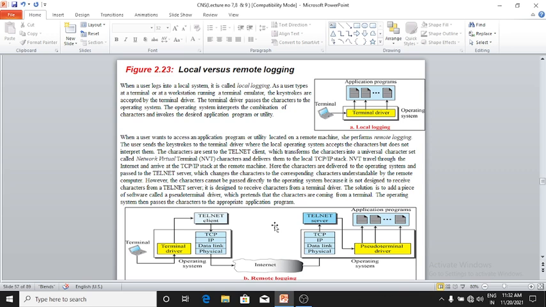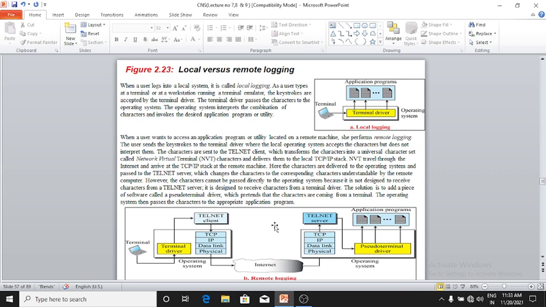When a user wants to access an application, program or utility located on a remote machine, she performs remote logging. The user sends the keystrokes to the terminal driver, where the local operating system accepts the characters but does not interpret them. The characters are sent to the Telnet client, which transforms them into a universal character set called Network Virtual Terminal (NVT) characters and delivers them to the local TCP/IP stack.